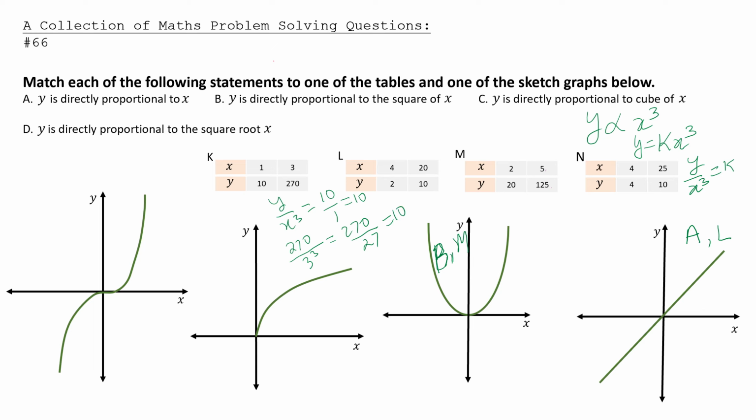So k is 10, and the equation would be y equals 10x cubed. It is most likely this graph, and so we can say that it is C